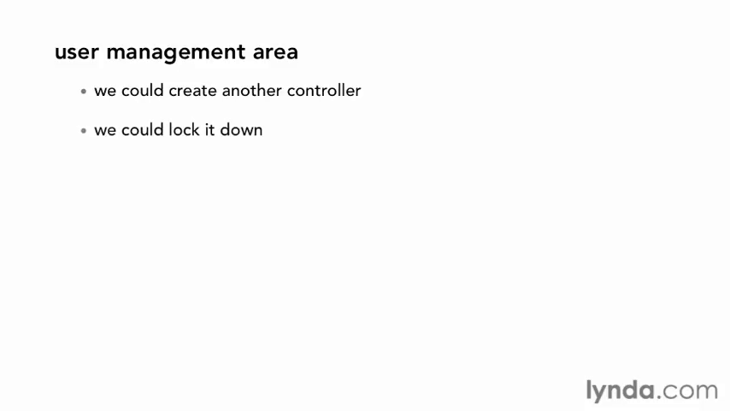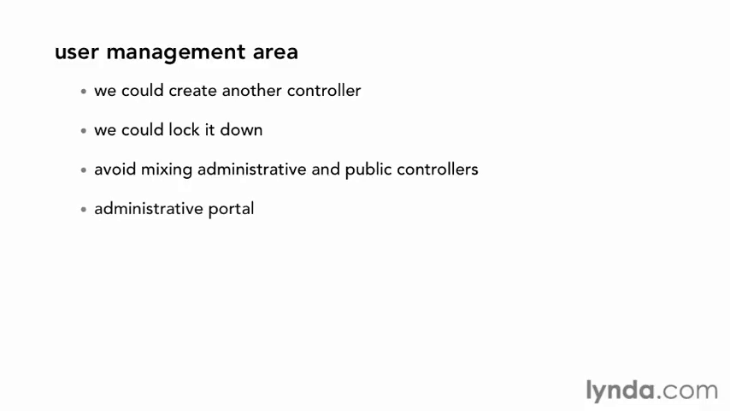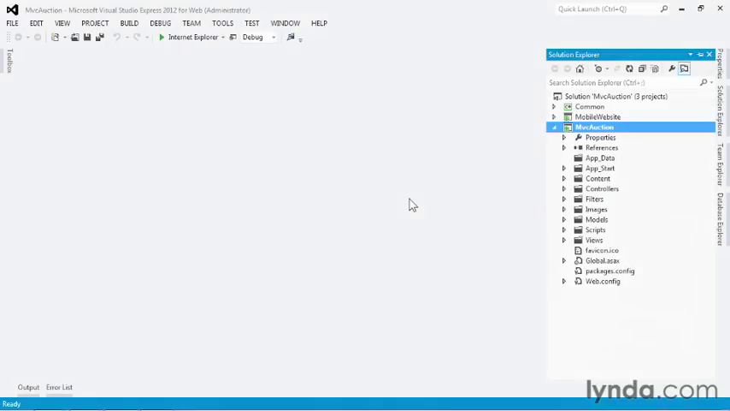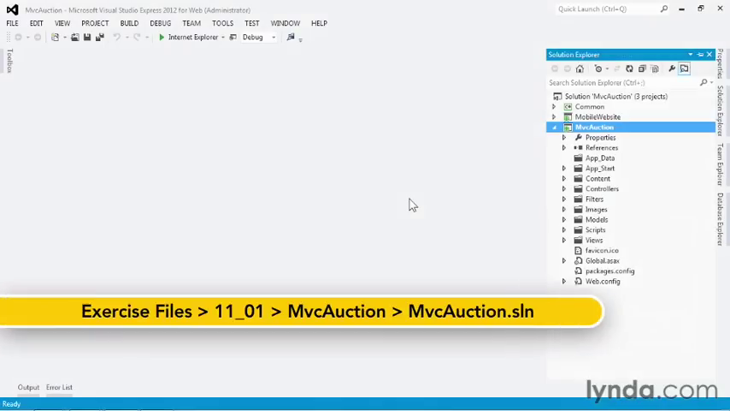But I also know that we're going to want to add more and more of these administrative functions in the future, and I don't like the idea of mixing my administrative controllers with the controllers that are available for public consumption. What I think we really need is an administration portal or a subsite to hold all of our administrative controllers, as well as their views and models. What we need is an ASP.NET MVC area. To create an area,